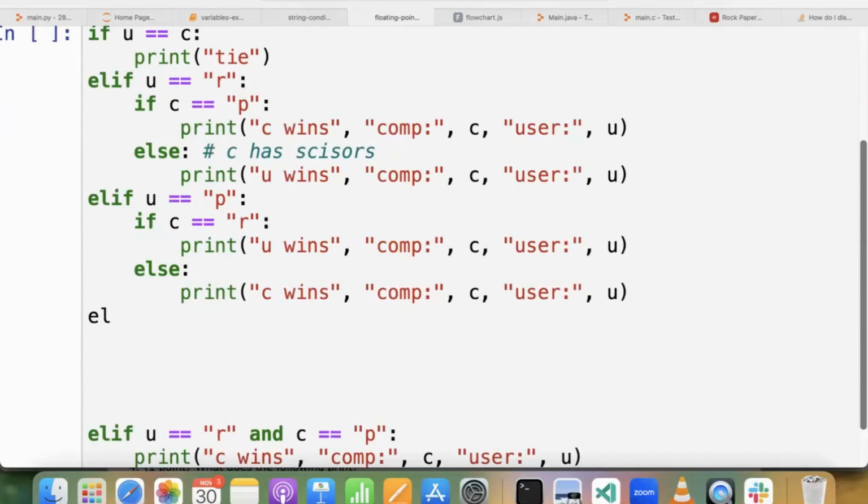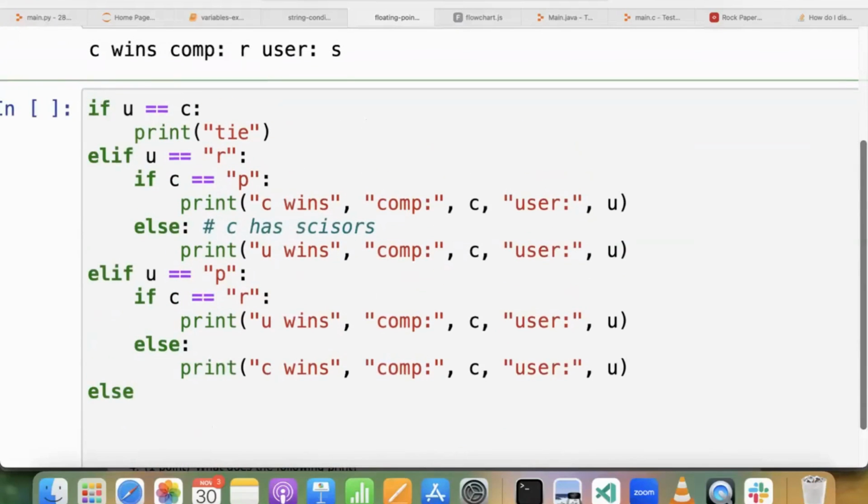And then, can we write an else here? Yes or no? Now look at the thing which we are checking. What are the possible options for U? First, we've just checked whether U is equal to C or not. In that case, we have just returned